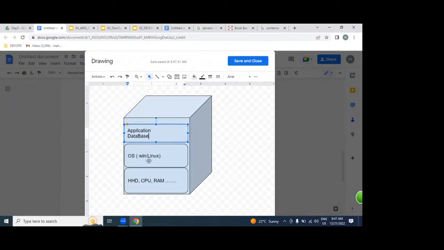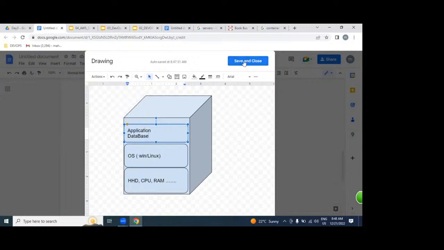You take a Linux server and deploy our application on top of it, then we call it an application server. We take a Linux machine and keep a database on it, then we call it a database server. But the base operating system is the same and hardware is the same for all the servers. If you compare your laptop, the same components are in a server also. But a laptop is just for home purposes, while a server is for maintaining our applications.